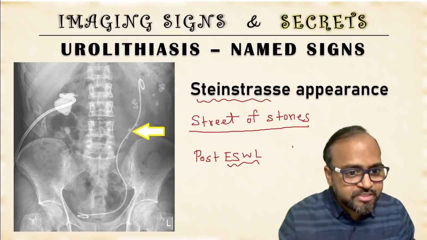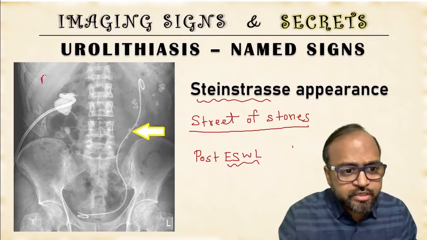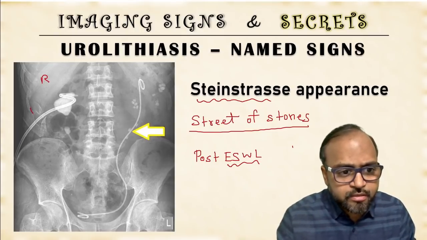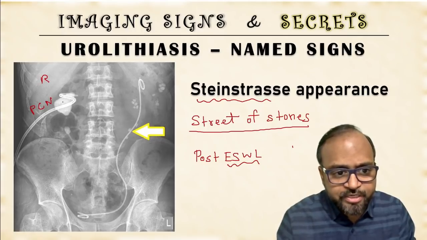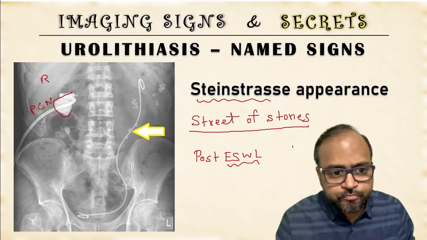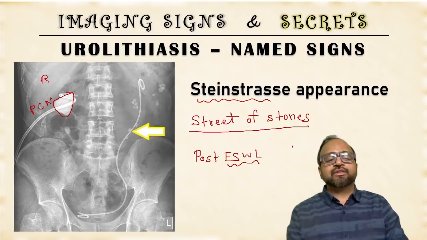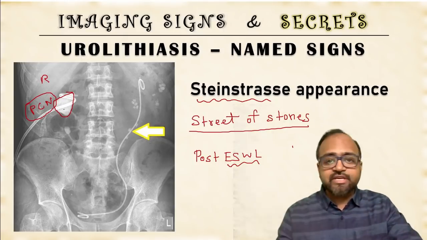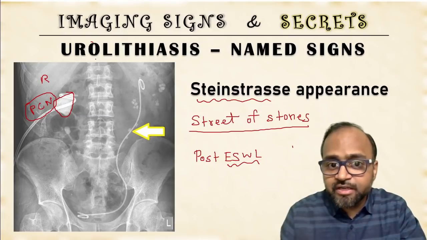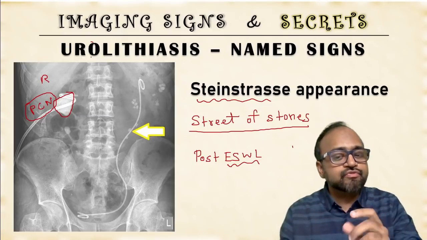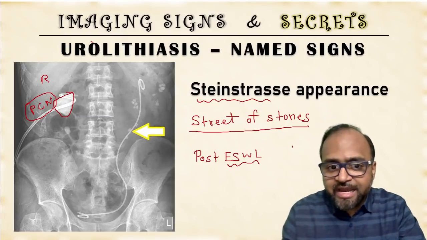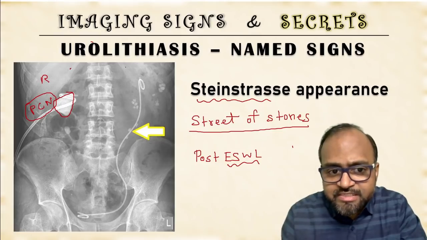So what is going to happen? See, look at this patient. On the right side, there is a percutaneous nephrostomy tube which has been kept into the kidney because there is a large calculus within the kidney. On the left side, lithotripsy was done and a large calculus was broken down into smaller fragments, and in such cases always a stent is kept, and that is what is called a DJ stent.